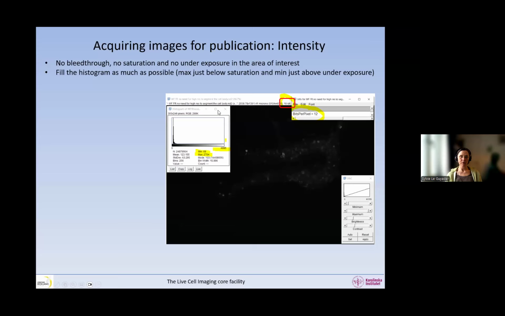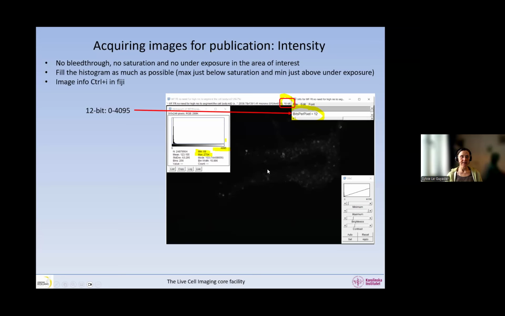But as we said before, where the peak ends depends on the nature of your image. If you have an image like this, most of the pixels in this image are black. This is the reason why we have a big peak. If we would have a tissue that is all over with lots of cells, for example, or a monoculture, and everything in the image would have some signal, then this peak will shift. What matters is more the highest intensity pixel. All right, so this is a 12-bit image.